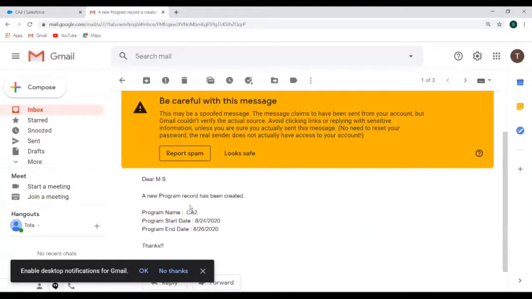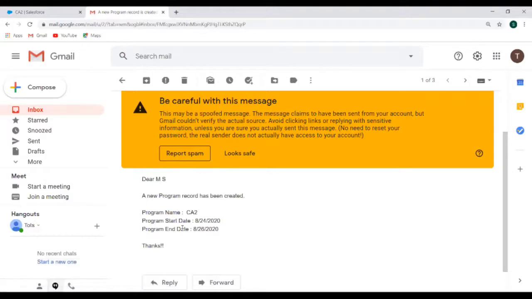So, dear MS, a new program record has been created, and we have also received all this information related to the program name, the program start date and end date, and thanks. This is what we have defined in our email template, and we have used the merge fields so that whenever a record is created, it gets updated with the new values.